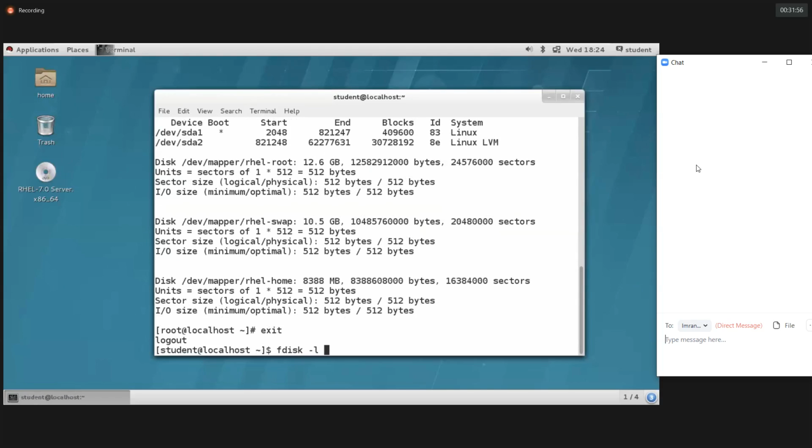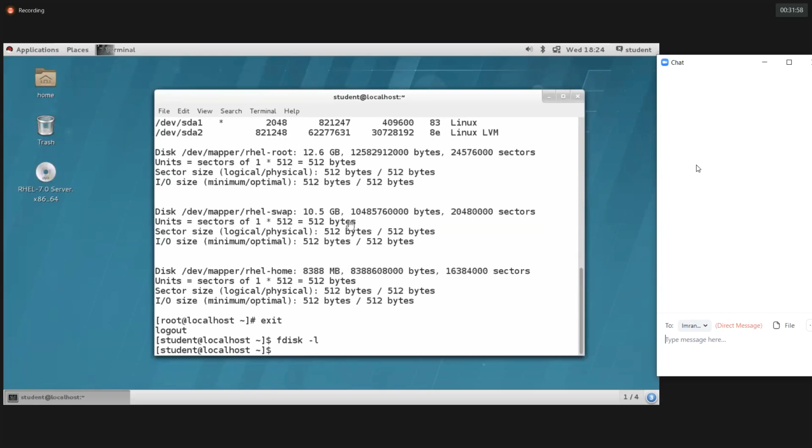Now I'm going to exit from the root user. I'm executing fdisk -l with the help of a normal user. We didn't get any result here because it's not executed. So, for example, fdisk is one executable file. Where will this fdisk command be located? In etc? No. All the super user executable commands are in sbin.